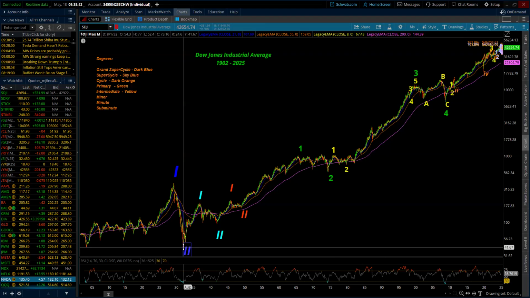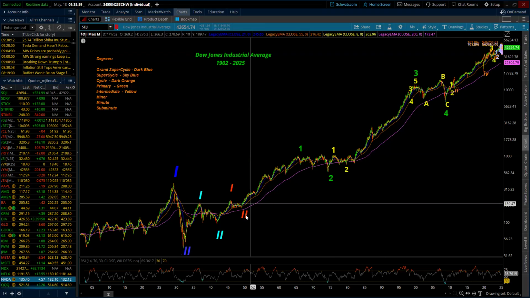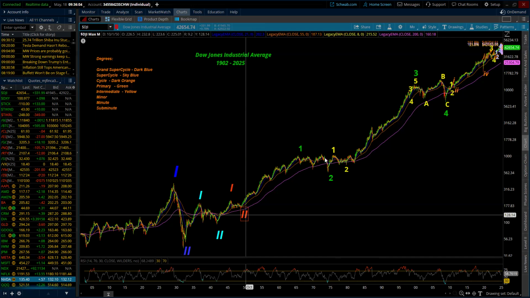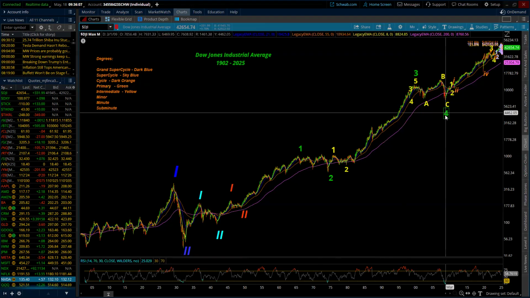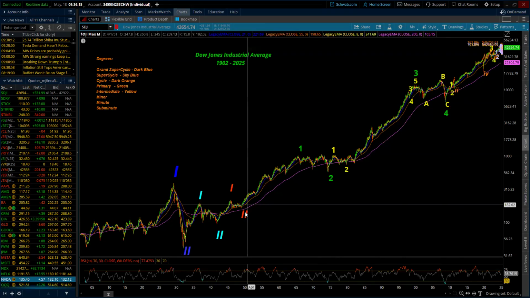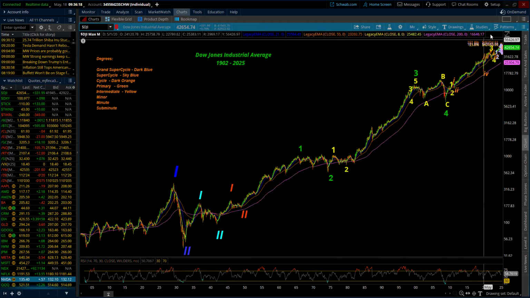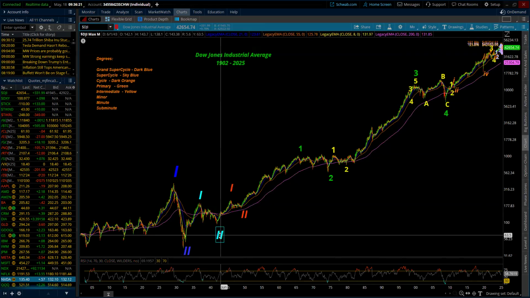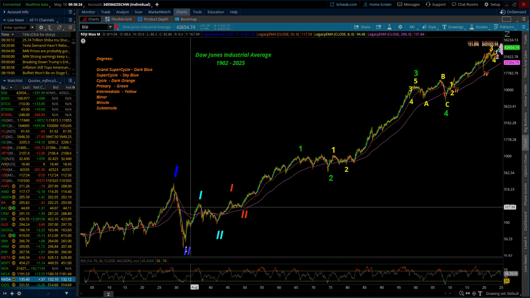So you can start to see how we get the 3 of 3 of 3 type moves, where our market will get the bulk of a rally. Now you can see it's on 3 large degree levels. So what's inside of a cycle third wave? 5 waves of primary degree, of which we have 1, 2, 3, and 4. So what we can say is that we're in primary wave 5 of cycle wave 3 of supercycle wave 3 of grand supercycle wave 3.